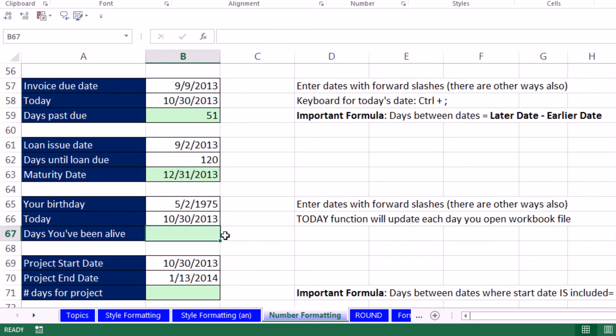Now we're going to calculate our formula for calculating the difference between two dates. I wrote it up here. Important formula. Days between dates: later date minus earlier date. So we're going to do that. Equals the later date minus the earlier date. Control Enter. Wow,